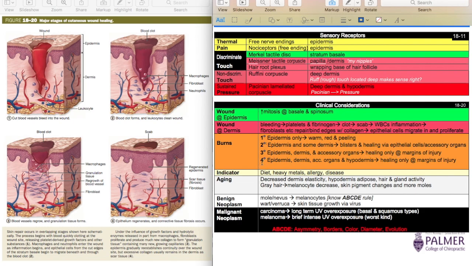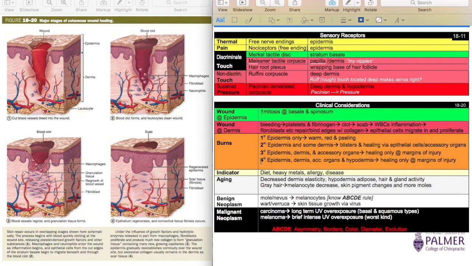A 4th degree burn is going to involve 4 things: the epidermis, the dermis, accessory organs, and the very deep hypodermis or subcutaneous layer or superficial fascia. That is one heck of a deep burn, and you'll only have healing around the edges, and depending on how big it is, that's when you're talking about skin grafts being brought in to replace that area. Or if it was just a tiny little 4th degree burn, then you'll just have scar tissue that your body